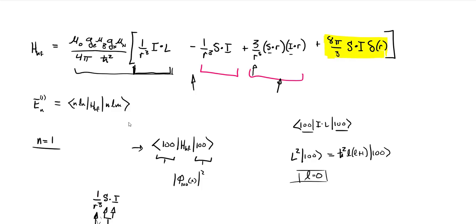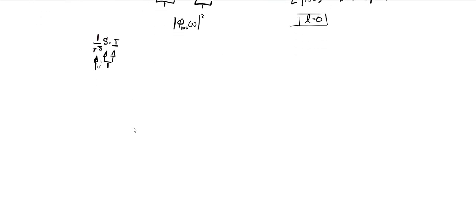How the intrinsic spins, or the magnetic moments due to the intrinsic spins of the electron and the nucleus, or the proton that makes up the nucleus, how that interaction affects the energy when they're in contact with each other, when the wave function of the electron is overlapping with that of the proton. So what that means is the real hyperfine, the non-zero hyperfine terms, when we're looking at that 1s,